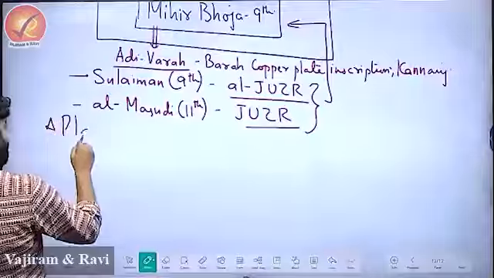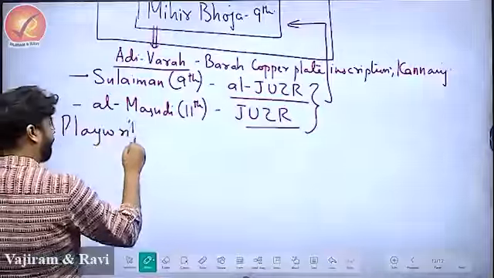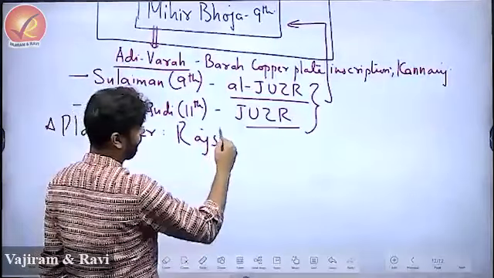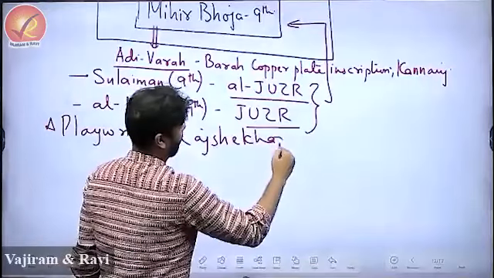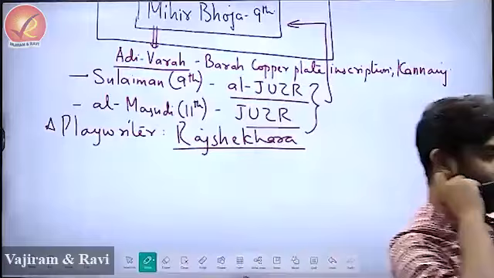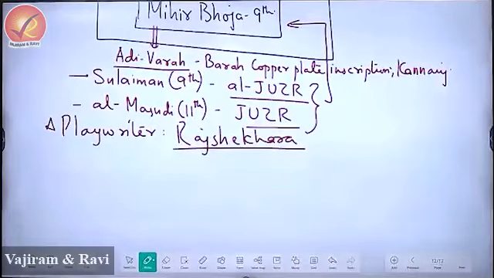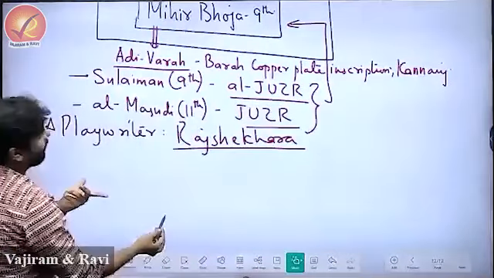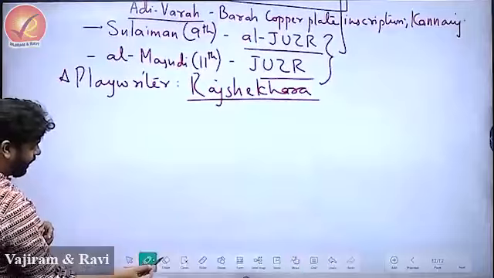There was a very famous playwright in the court of Gurjara Pratihar. His name was Raj Shekhar. So after Kalidas, the only name which is very popular in India is Raj Shekhar. So he was a playwright. Anyway, that was a detail which is required, not required, you would decide yourself. But anyway,